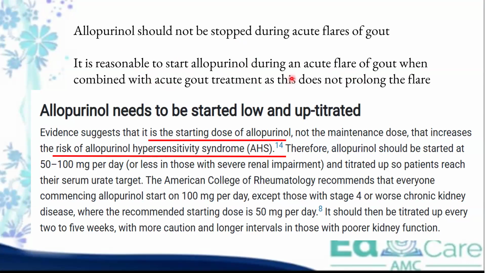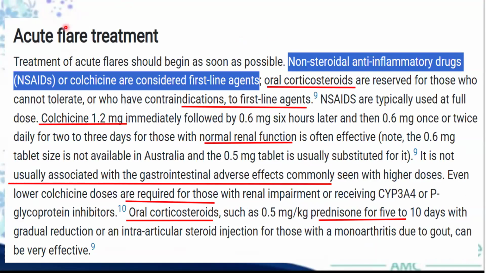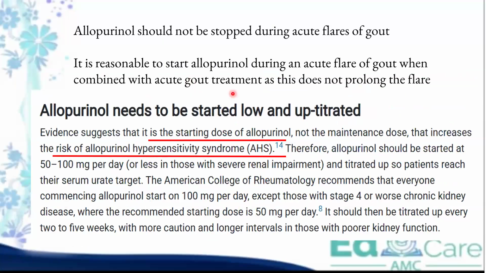So remember, in gout there's an acute treatment, and also there are long-term maintenance treatments. The long-term maintenance treatment is allopurinol. The acute treatment is what we saw. So this is acute flare treatment, NSAIDs, colchicine. Allopurinol is your maintenance treatment. But when you come with a flare for the first time, you can start allopurinol at the same time. So in the past, they said you cannot start until the inflammation becomes normal, until you reach your target urate level. Now they say you can start it all together, right?